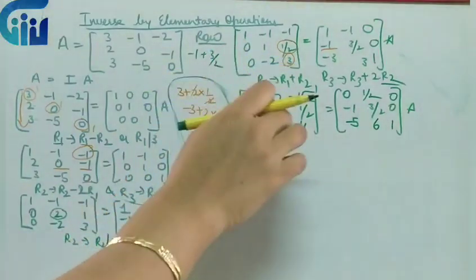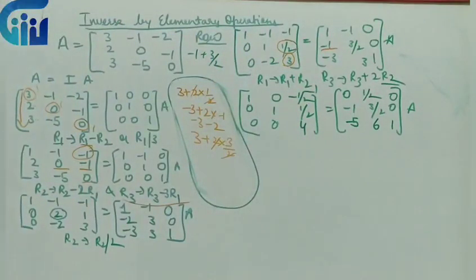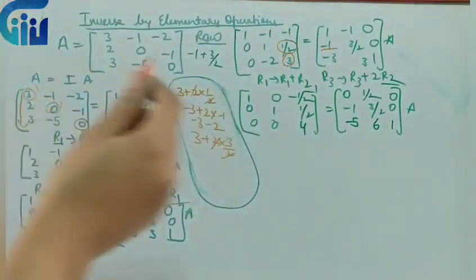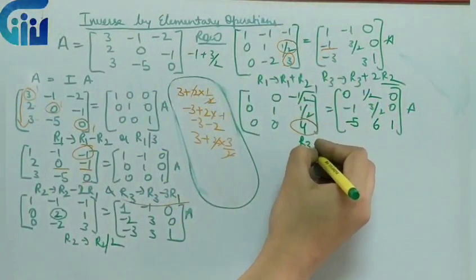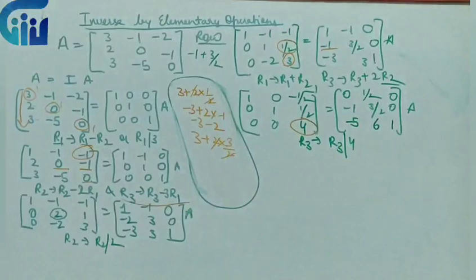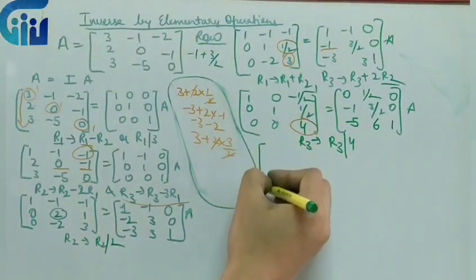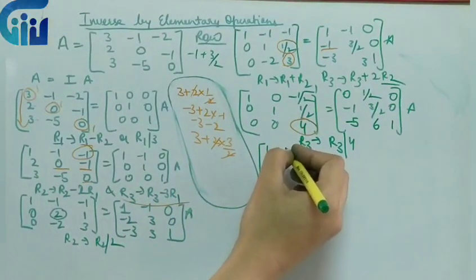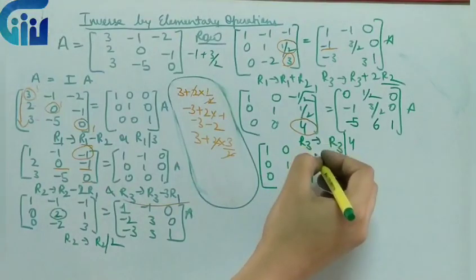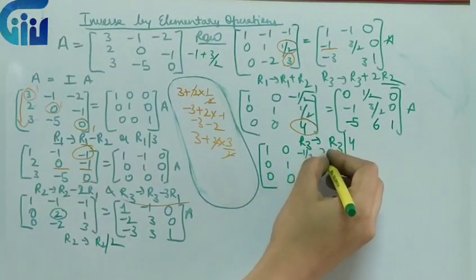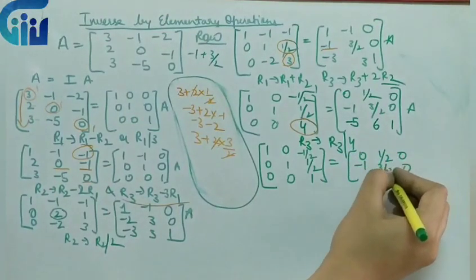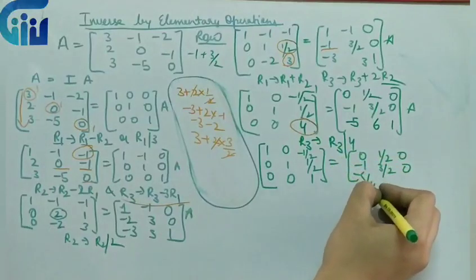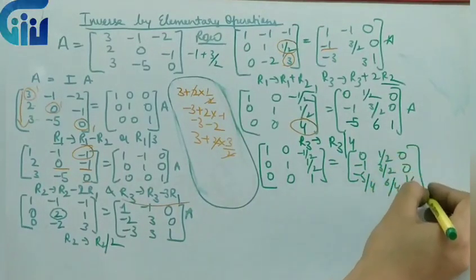Now we have almost redone 2 columns. Now let's move on to the third. Now again, what is the next step? To make this as 1. To make anything as 1, we have to divide that particular thing by that particular constant. So R3 will be divided by 4. Once I divide R3 by 4, the rest of the things will be same, because the change is only in R3. So let's quickly write the rest of the things. If I divide by 4, this will be minus 5 by 4, 6 by 4, 1 by 4, and this is